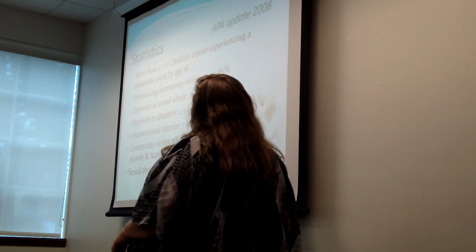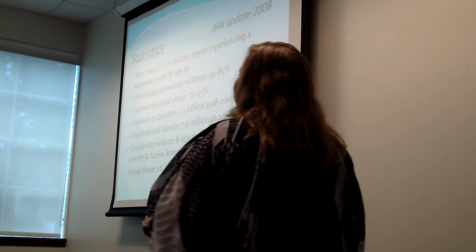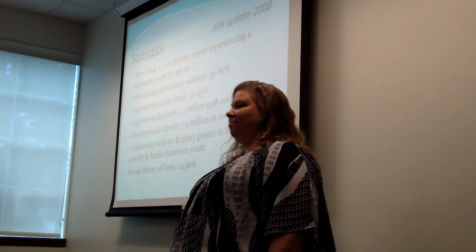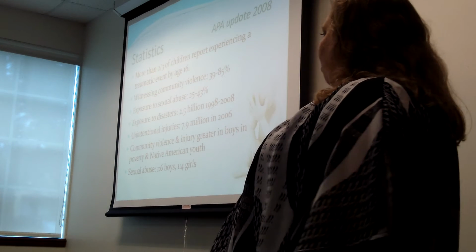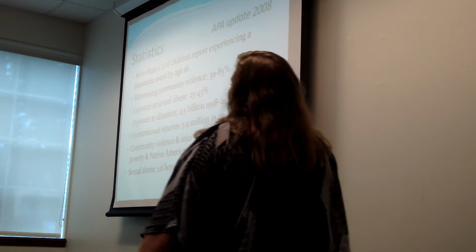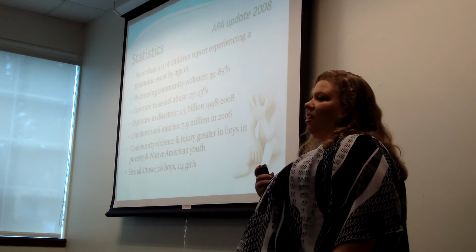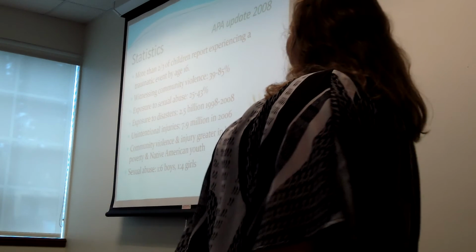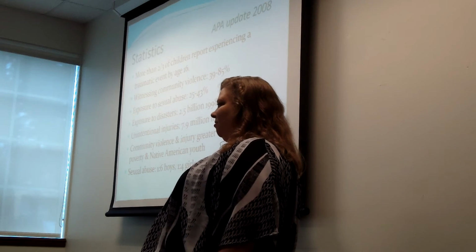39 to 85% of kids witness community violence before the age of 18. That's kind of a lot. 25 to 43% are exposed to sexual abuse, and we actually think the statistic is much, much higher, because think of all the kids who don't report. That's only the reported numbers. 2.5 billion children over a 10-year span were exposed to disaster. Think floods, earthquakes, hurricanes, blizzards. 7.9 million children in just 1 year alone had unintentional injuries.